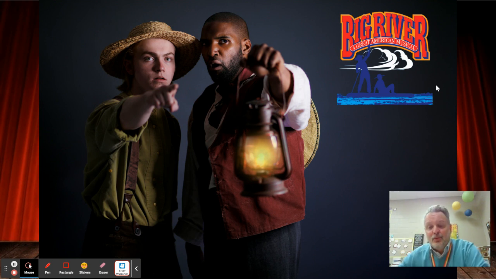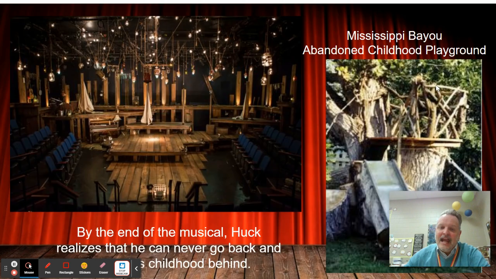Big River is the last show that I directed. And when I came to the design crew, what I asked for was this. It's the story of Huckleberry Finn through Mark Twain and his trip down the Mississippi River with the slave Jim. And by the end of the musical, Jim and Huck arrive at the end of their journey, and Jim decides that he is going to go up into the north to try and find his wife and daughter and find freedom. And Huck suddenly realizes that